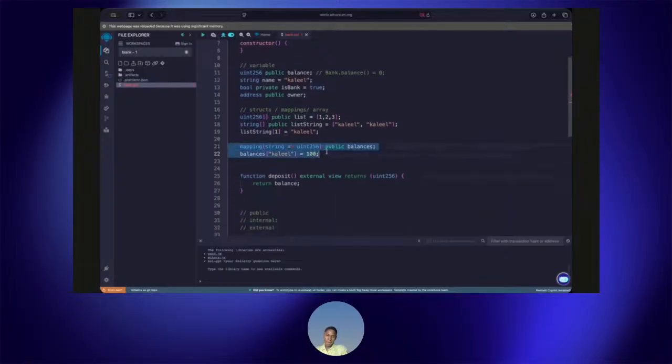This is the basic stuff for mapping, and you can do nested mapping as well. For now, just keep in mind that the first type inside the mapping parentheses is the string, which points to a uint256. The string is the key, and the uint256 is the value. Without the key, you cannot get the value.